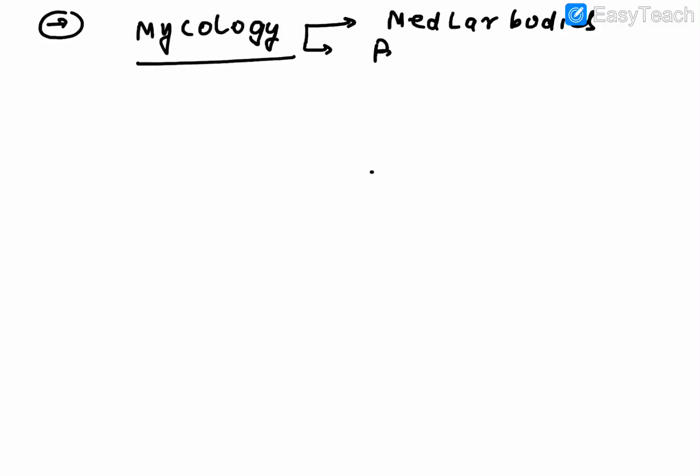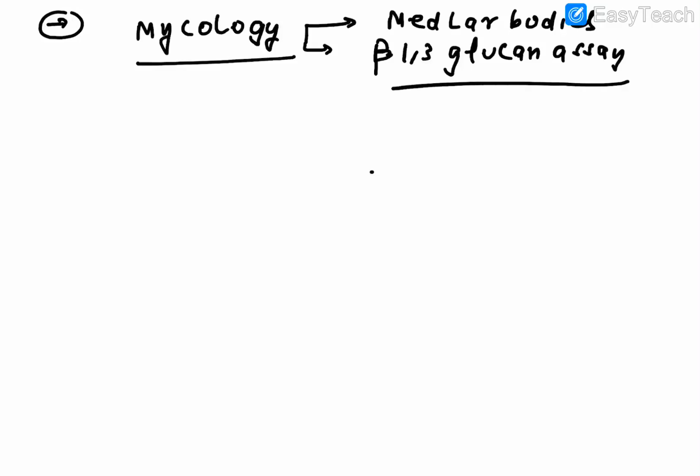Okay, there were a lot of questions last year in the All India exam and in JIPMER also regarding the beta-D-glucan assay which you do for CAP, that is Candidiasis, Aspergillosis and Pneumocystis jirovecii. Another thing which can add to this is the galactomannan test, which is done for Aspergillus. Need to remember this name.